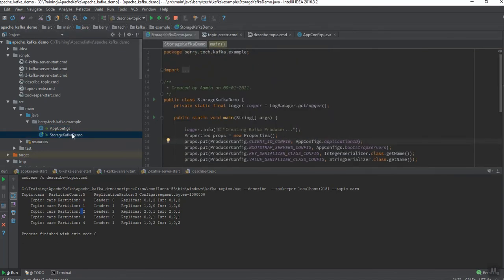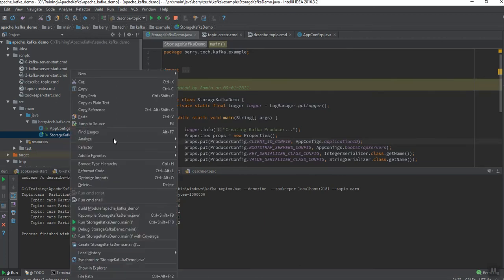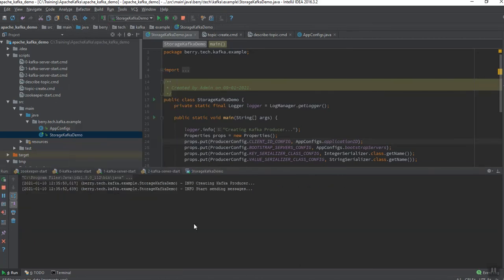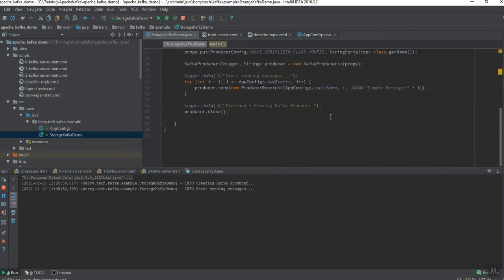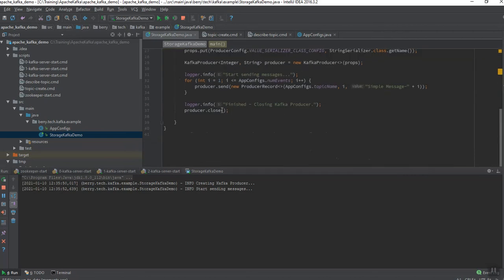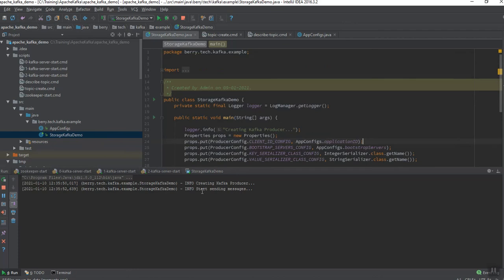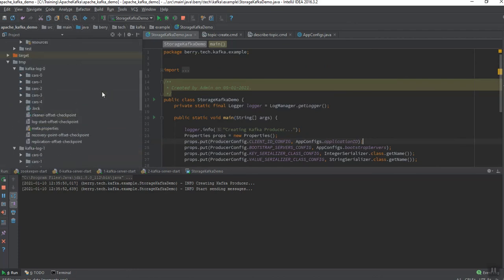So let's run this. Here they are just sending test messages. There is no message data file or anything; it is just created by this program itself. Okay, so it started sending the messages. So it has sent all the messages.